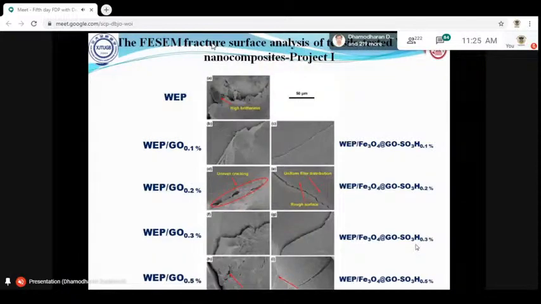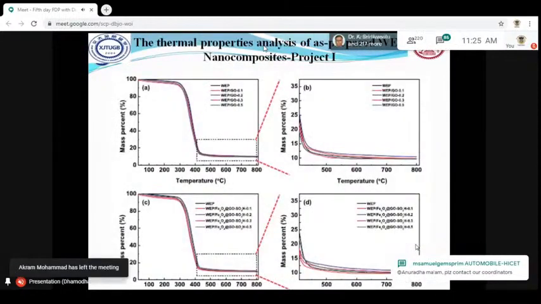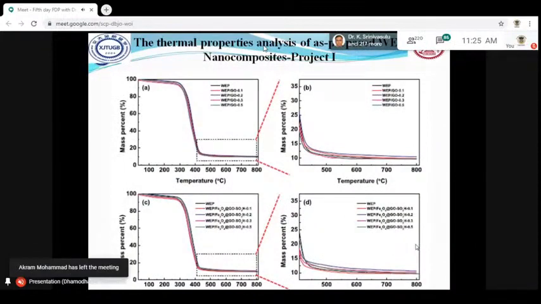But in the case of magnetite nanoparticle decorated graphene oxide incorporated with the WEP system, we can see the homogeneous dispersion as well as the even cracking and also the rough surface. It shows better property due to the better dispersion and also the better bonding between the nanofiller and the WEP system. So after the mechanical property, we have analyzed the thermal property